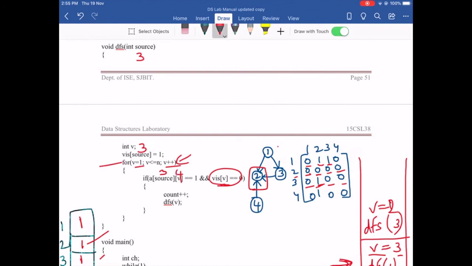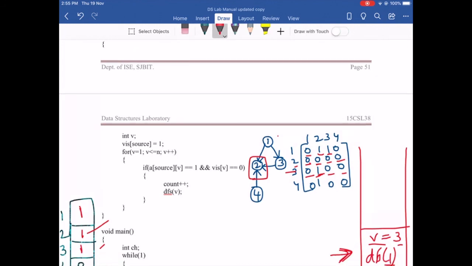No, the condition fails. Since you have checked all the nodes possible from this particular node, this iteration is completed and you are going to go back to the previous iteration. Since you are done, you are going to pop the entry for this iteration from the stack and continue with the next value. As you can see, in the previous iteration from where we had called this, you continue again. You can see here that v was 3. So for DFS of 3, we have completed all the work that needs to be done.